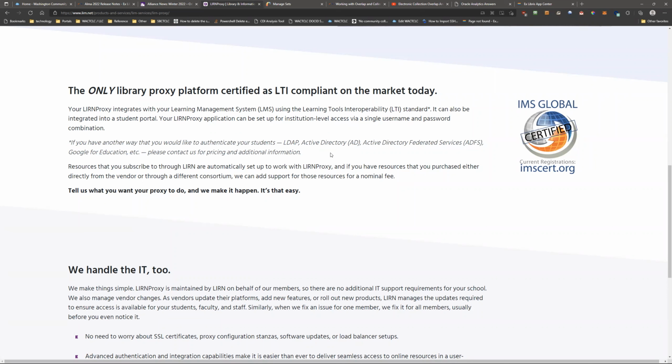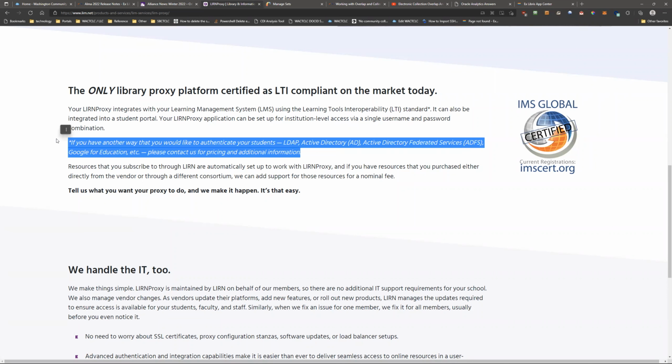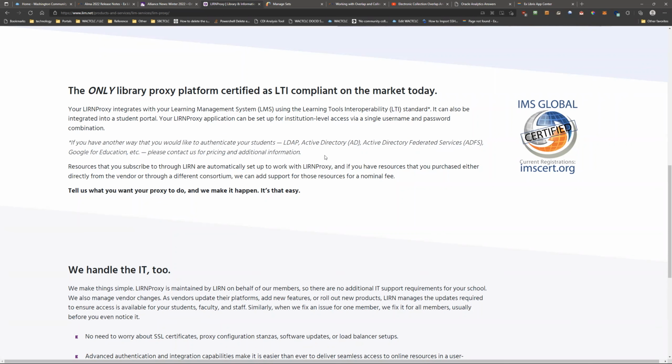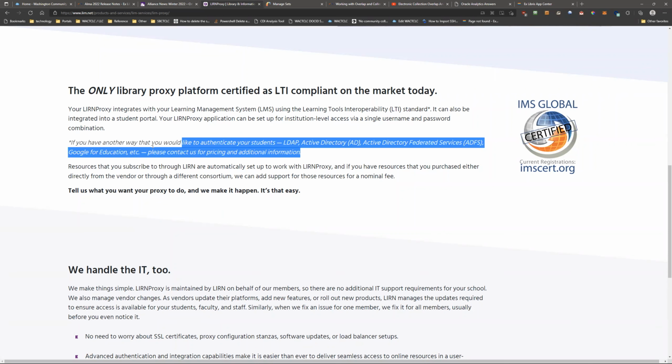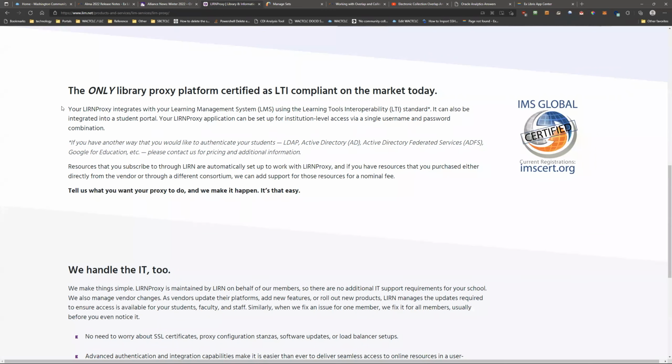And anything like this is going to require some kind of integration between the library systems and campus systems. It's going to get sticky, and it looks like they'll support other authentication platforms, but it's going to cost you, and that's going to get hard to support. So it's probably the case that EZproxy, for smaller libraries like ours, is probably still the best solution